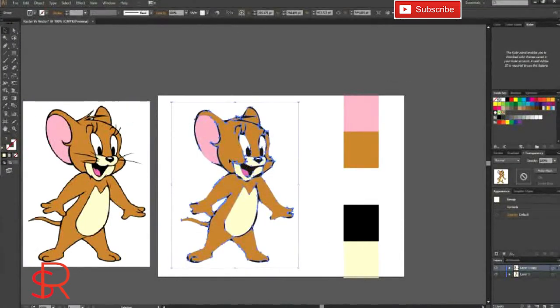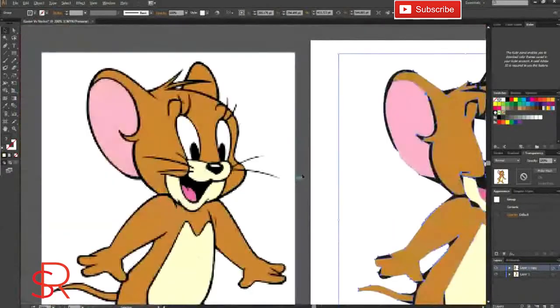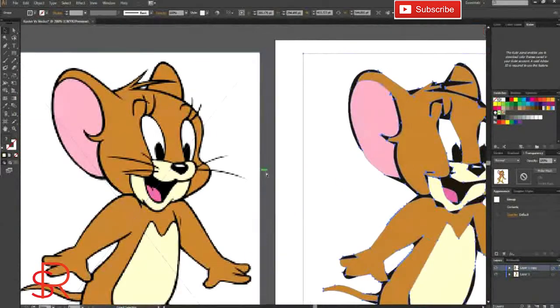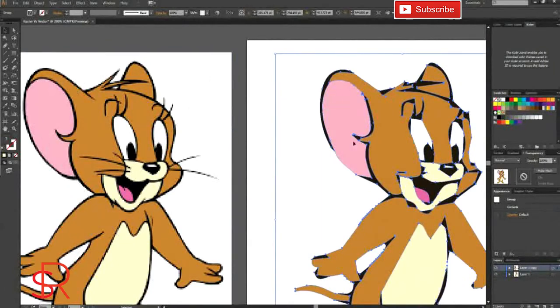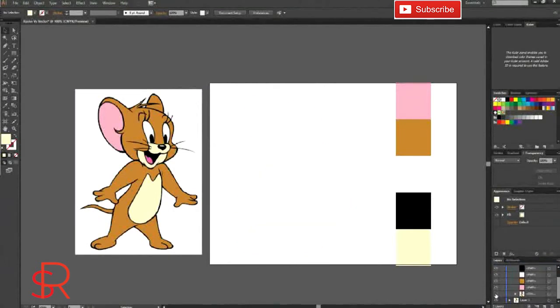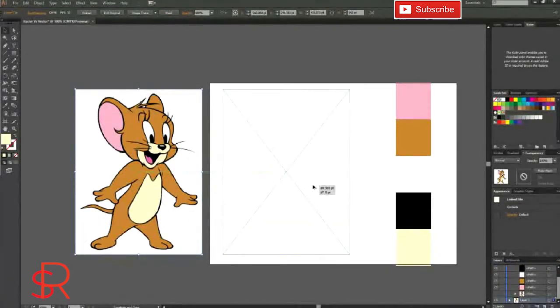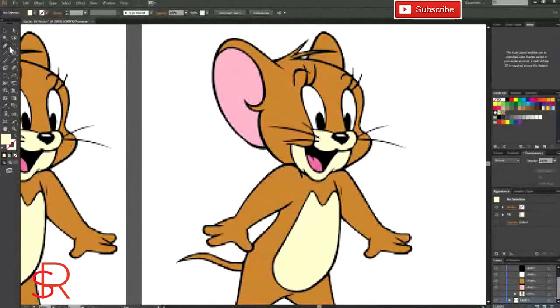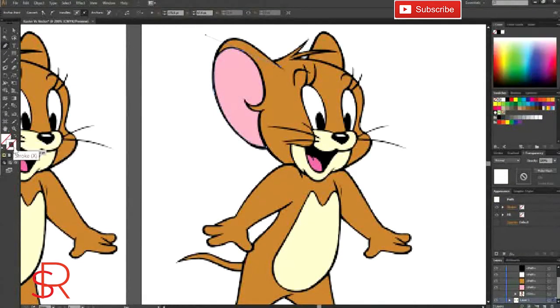So now we can see the variation. Here you will not get the exact result we are looking for, but in some cases we can get the best result also, depending upon how we are editing. All the editing will depend upon the anchor points, whatever we are going to edit, and after that the result will be accordingly. So this was the first method, and another method is we are going to make it with the help of the pen tool. So after selecting the pen tool, we are going to just draw with the help of the pen tool itself.